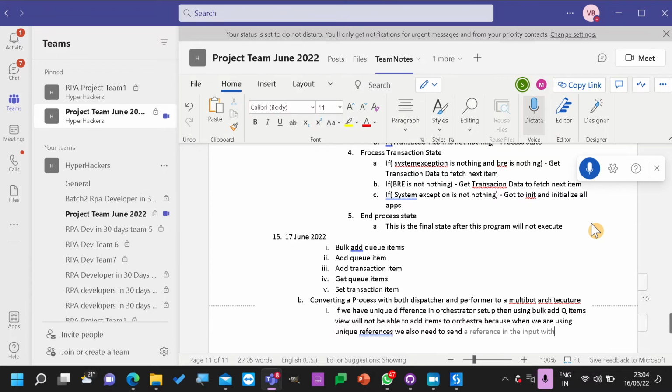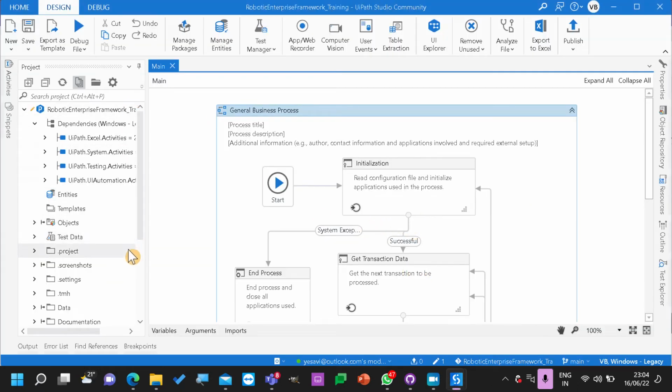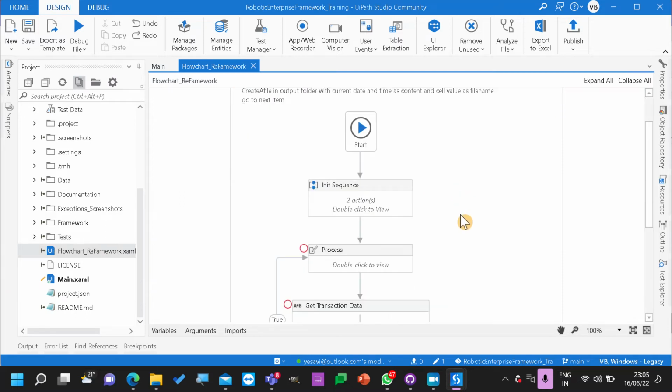With bulk add queue items, we will not be able to send individual references to individual items. Let's stop it. I'll try to explain what exactly I meant. Let's see how things are moving. So this is my flow chart. Again, going back.